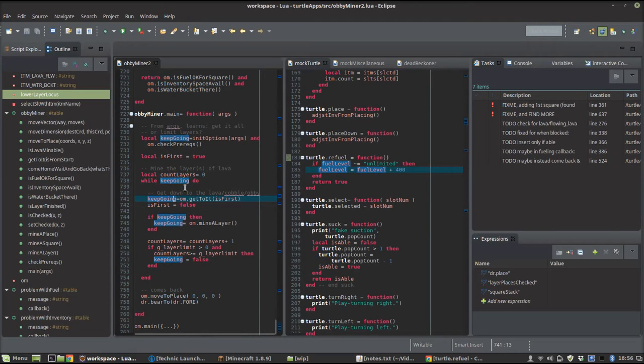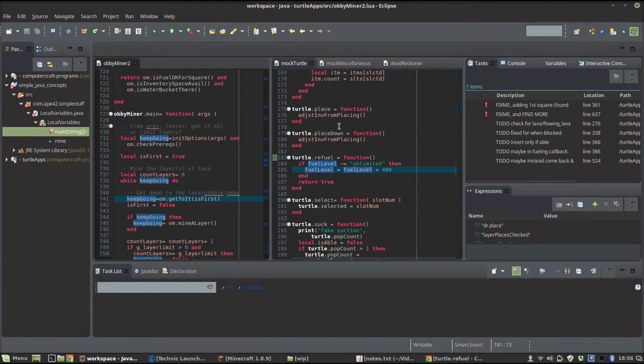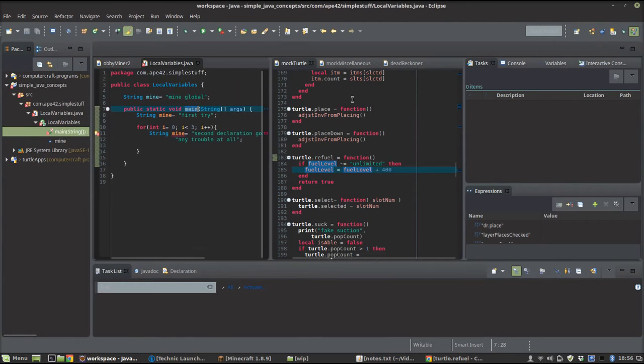Lua is a scripting language, which means that it's just interpreted directly by a Lua interpreter without being compiled first. If you're in something like Java, here I've set something up just to demonstrate this. If you're in Java, then if you write a program,